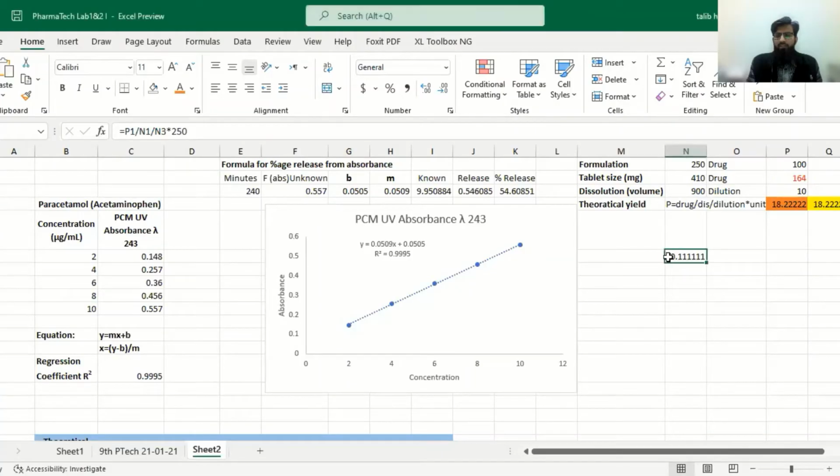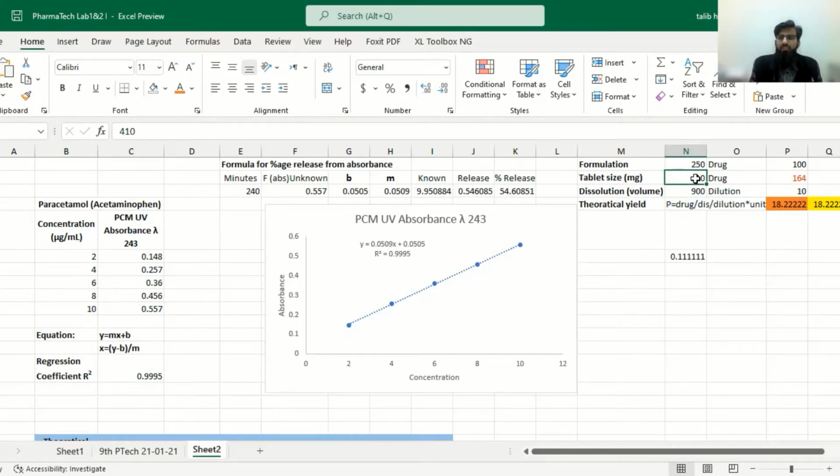Yes, actually we have calculated this concentration. If we take an example where we have prepared a tablet other than the 250 milligram of solid, if we have blended some ingredients for a 250 milligram tablet, but the punch of the tablet didn't allow 250 milligram, it will be of a different weight. Just for rehearsal, I have calculated some different weights. So for example, a tablet of size 410 has been compressed.